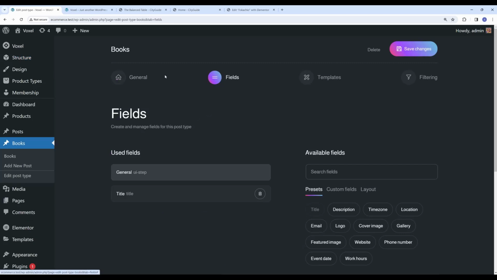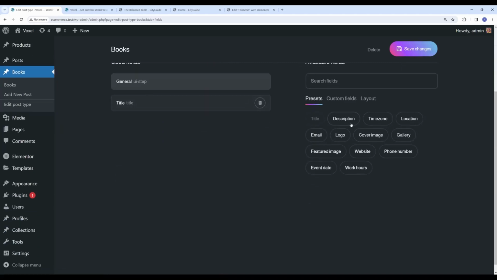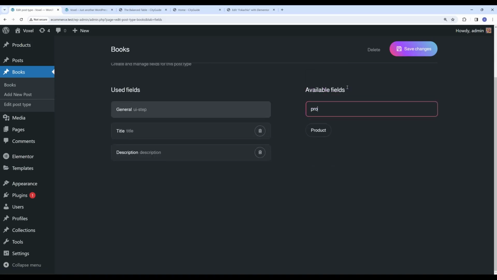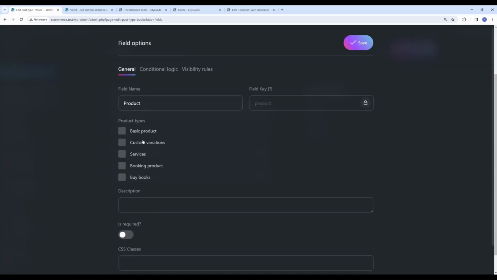And on the fields tab, I'm gonna add the title field, the description field, and I'm gonna add the product field. And let's click on the product field. So the product field allows us to select one or multiple product types that we have created on the site. In this example, we're gonna pick just one, the buy books product type, and let's name this